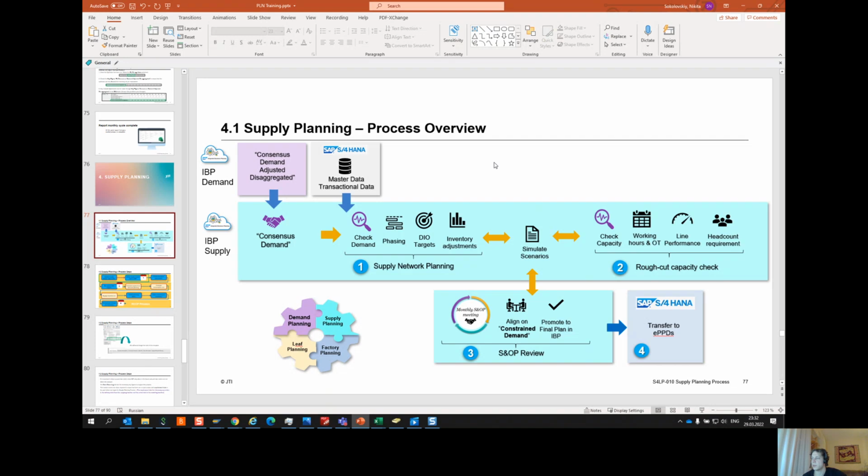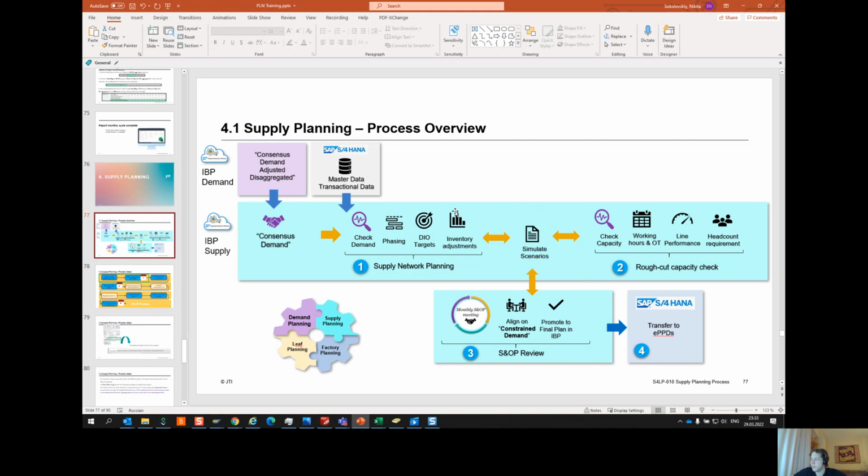And after they have this approximate rough plan for production, purchasing, and so on, they simulate several scenarios, they choose what they like the most, and they run the second script called optimizer, which provides much more detailed plan, and much more constraints are considered within the filters of this optimizer script. So they finally get